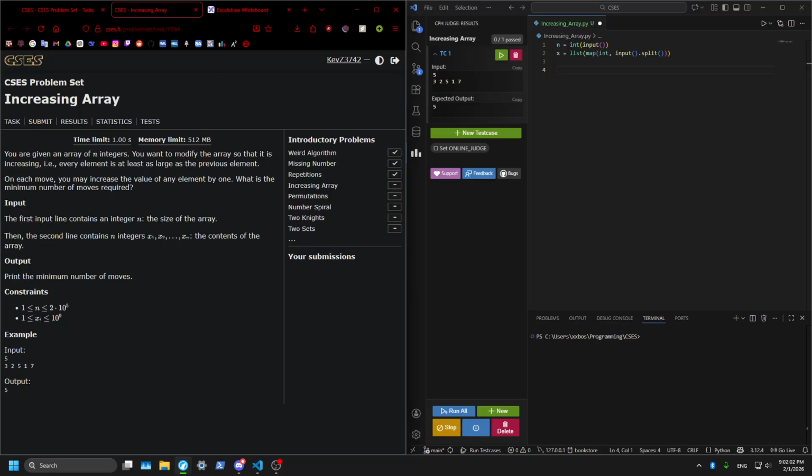So at least as large. So we can match these, right? So this to 3, that's 1 move. And then this to 5, that is 2, 3, 4, 5. That's 4 moves. So 1 move. Okay, I see. So we can iterate through